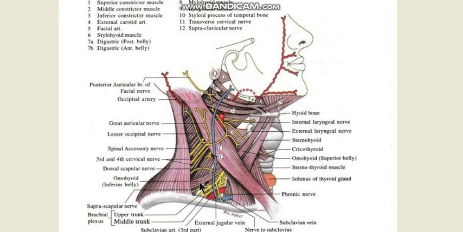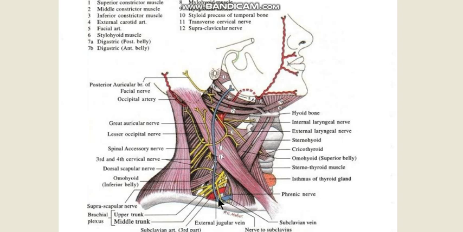The floor over here consists of the outer border of the first rib and the scalenus medius and the first digitation of the serratus anterior. And actually this subclavian triangle is better visualized if the sternocleidomastoid is retracted, otherwise you cannot actually see the scalenus anterior over here. And the contents of the supraclavicular triangle are the third part of subclavian artery and the subclavian